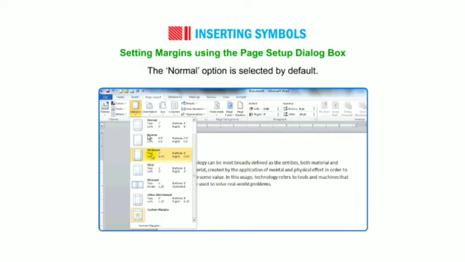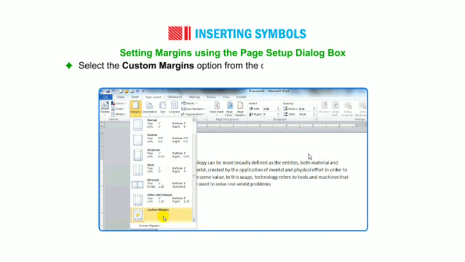As in the normal case, there is a fixed margin on the left, right and bottom. In narrow we have smaller margins as compared to normal. And in wide we have larger margins, larger spaces in all the directions. So whichever is suitable for you, you can choose it. Select the desired predefined margins from the drop down list.